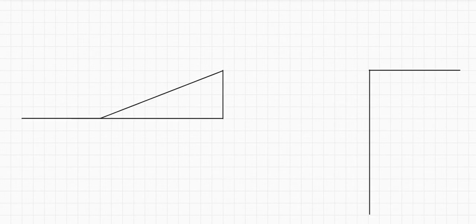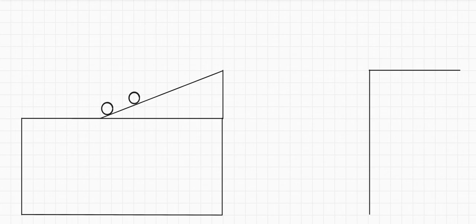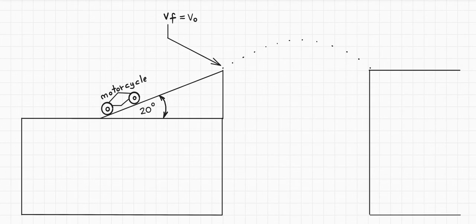So this video is going to focus on a motorcycle jumping a ramp to then cross a cliff. So we have our motorcycle here, and then we need to have a certain minimum speed, and the ramp angle is 20 degrees to the horizontal, so the parabolic trajectory